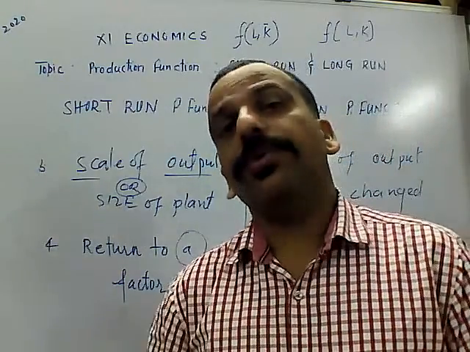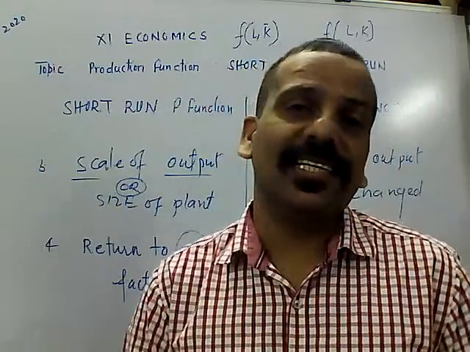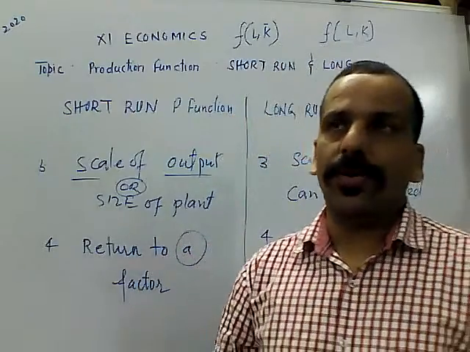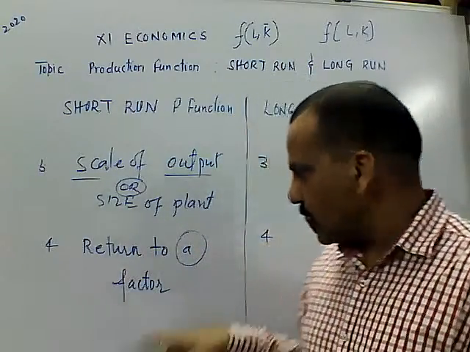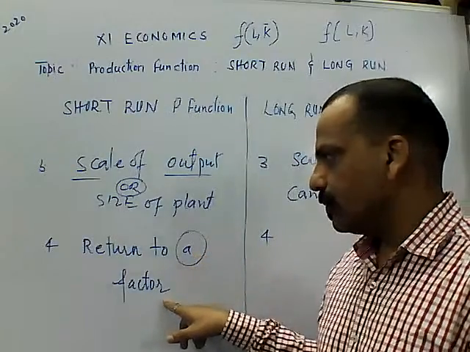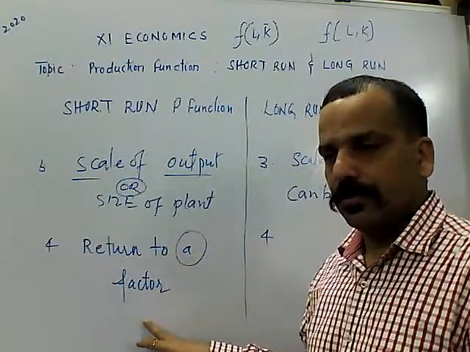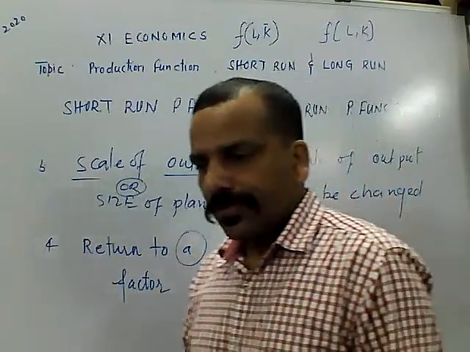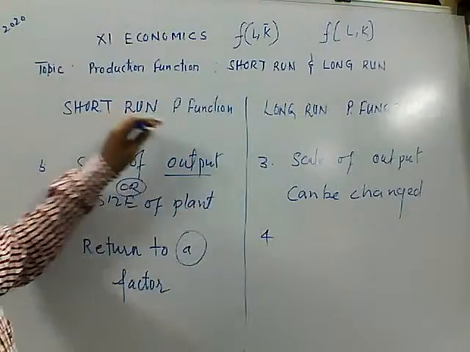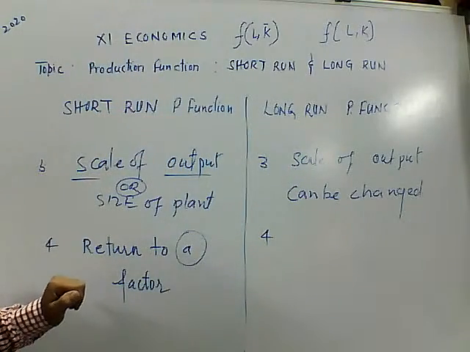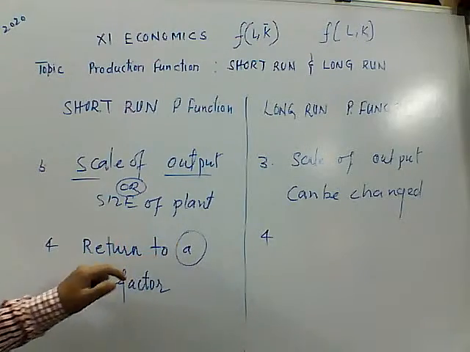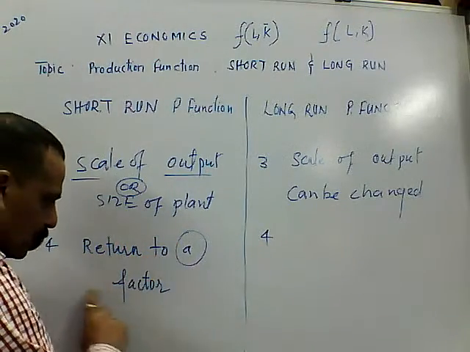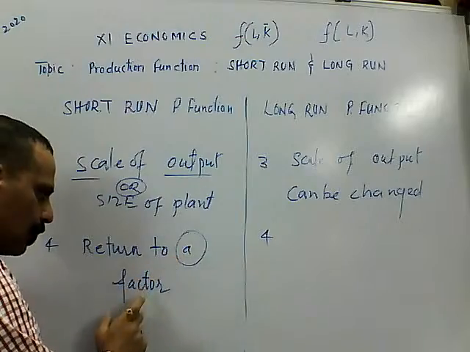Output can be increased and decreased by changing the variable factor. So variable means labor is one of the factors of production, which is why they have mentioned only a factor. Return to a factor. Got it? So the short-run production function is studied with reference to return to a factor,